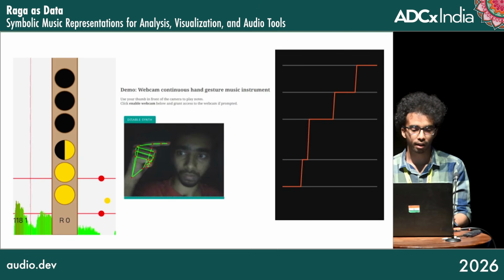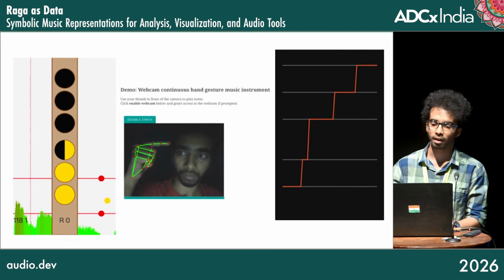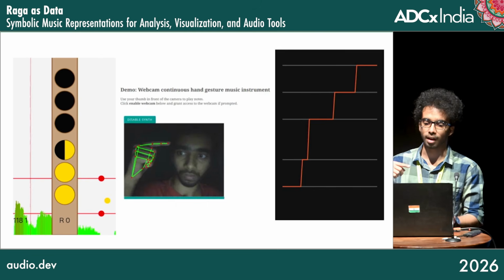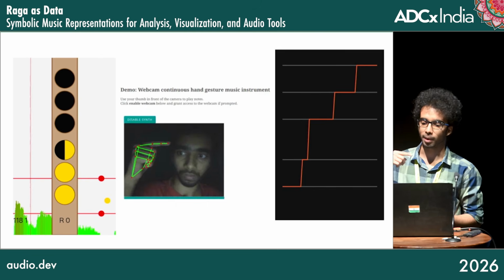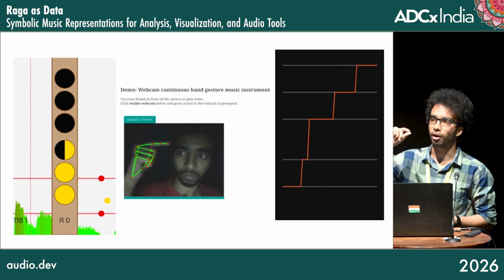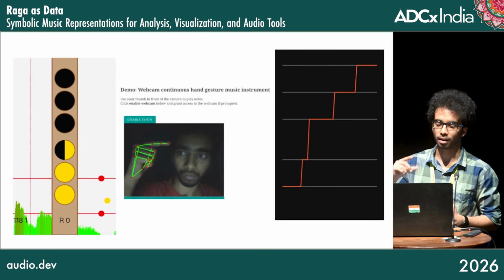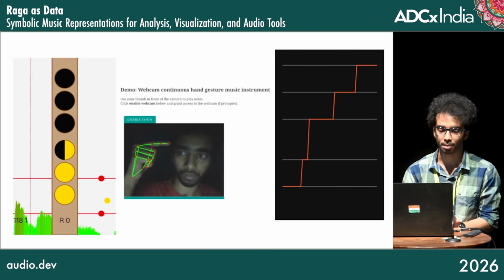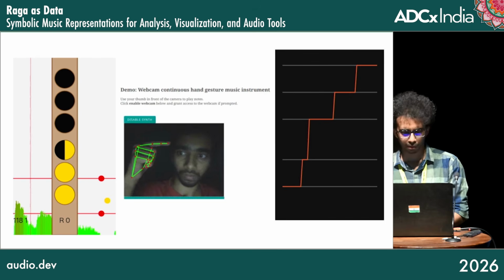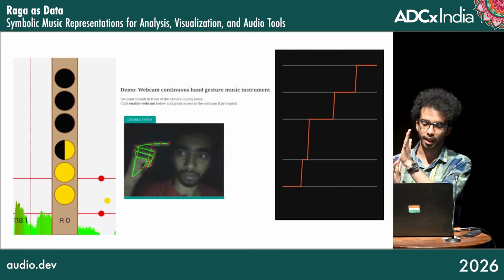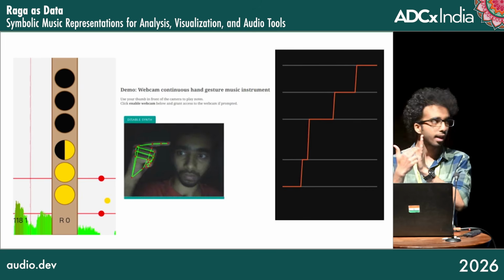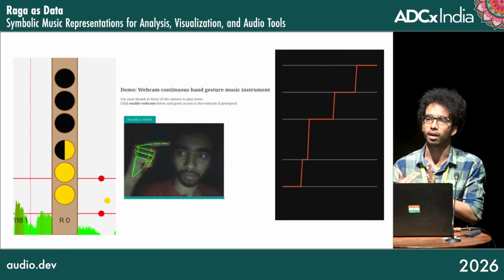And in the middle, you have a hand gesture instrument. In this case, your index finger controls the pitch, and the camera tracks your movement. And the distance between index finger and the thumb controls velocity. So this is kind of a two-dimensional expressive instrument. And on the right is a touch-based slider where you can move freely your finger on the screen, but the notes that are available are constrained to a raga.